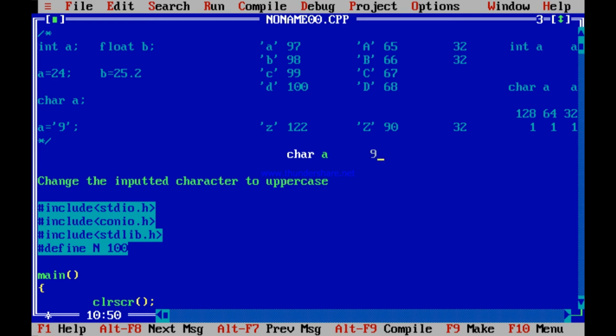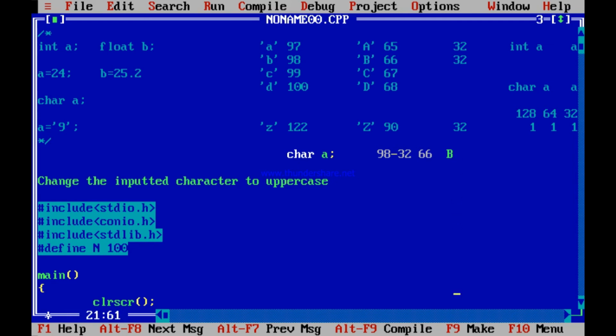Actually the representation inside is 98, because small a's representation is 97, so small b's representation is 98. If you want to change it to uppercase, simply do 98 minus 32, and you will get 66. Then you print it as a character, and capital B will be printed.